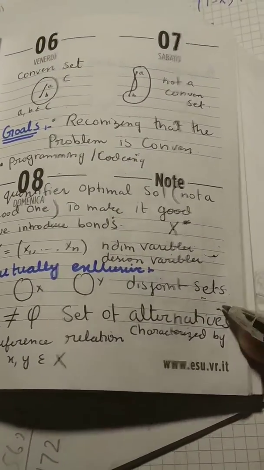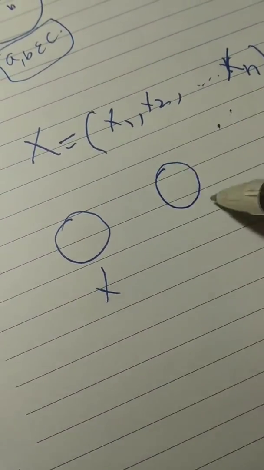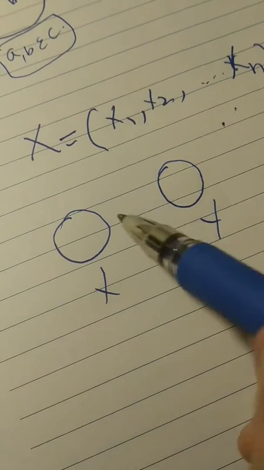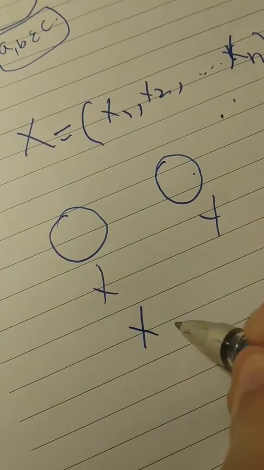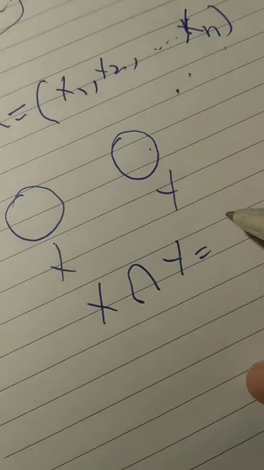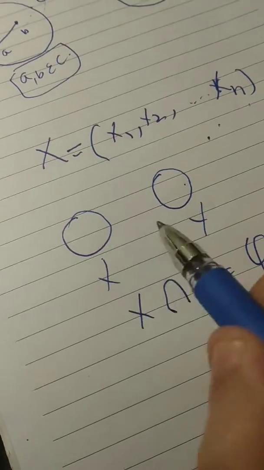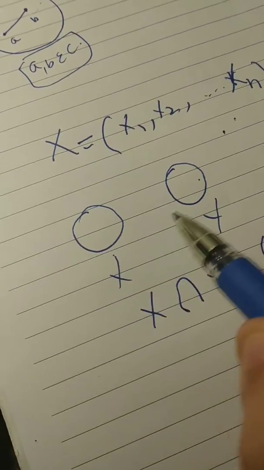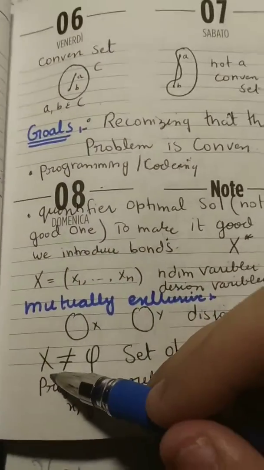If we have a set X and a set Y, then these sets are called disjoint sets if, when we take the intersection of these sets, we get the empty set, that is, there is nothing common in these two sets. So these are called mutually exclusive sets or disjoint sets. Now we have a set of alternatives X, which is a non-empty set,